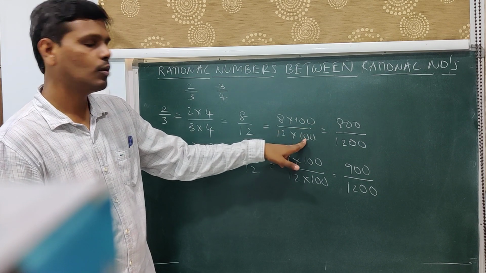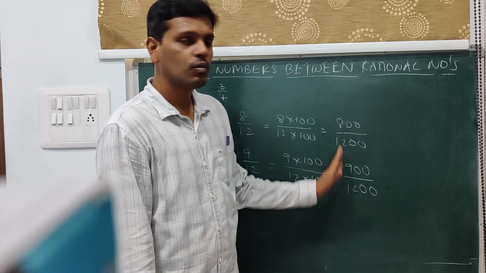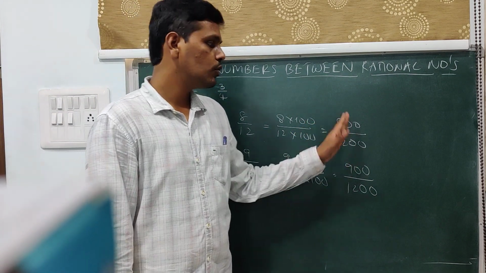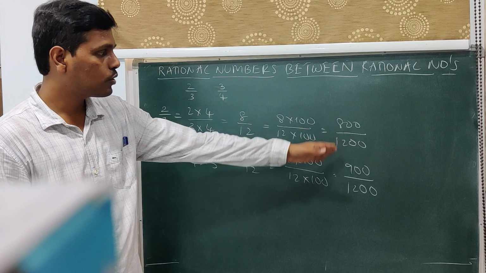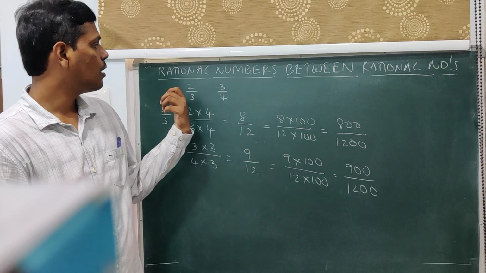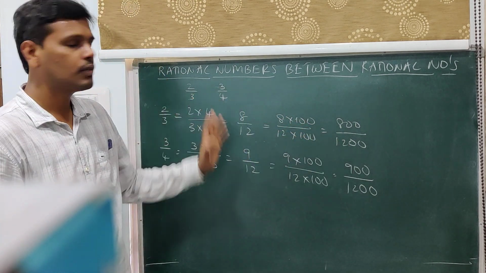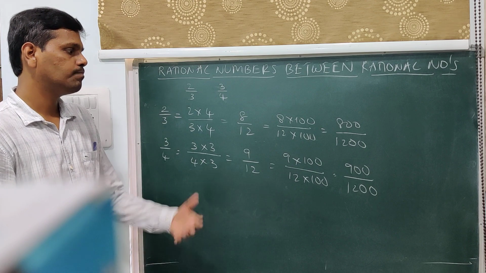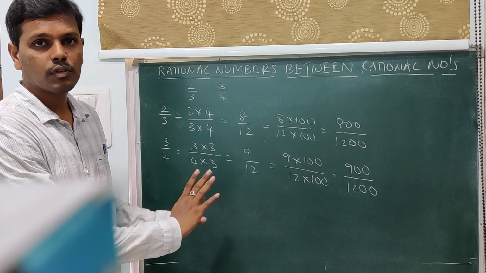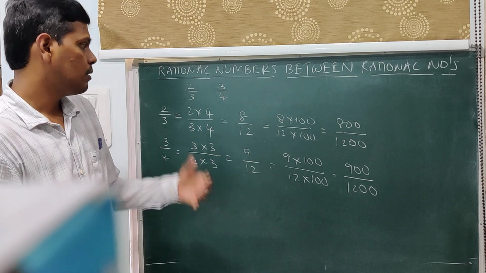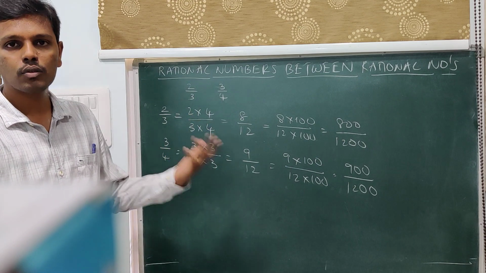I have multiplied numerator and denominator with 100. Here also numerator and denominator with 100. And then you arrive at one more equivalent fraction. And again see whether you can find out the required number of rational numbers between the arrived equivalent fractions. In fact, you can find out in this case. So finally you can write as many rational numbers as you want in between 2 by 3 and 3 by 4. Now this is what is called the method using equivalent fractions, or you can say like fractions. So this is the way to go about finding rational numbers between any two given rational numbers, and it is more effective when compared to the other methods.